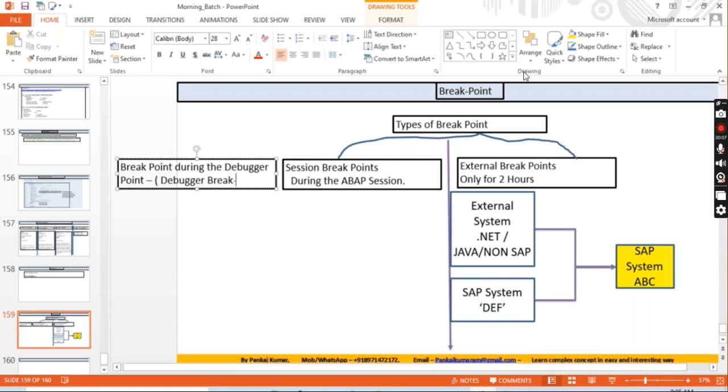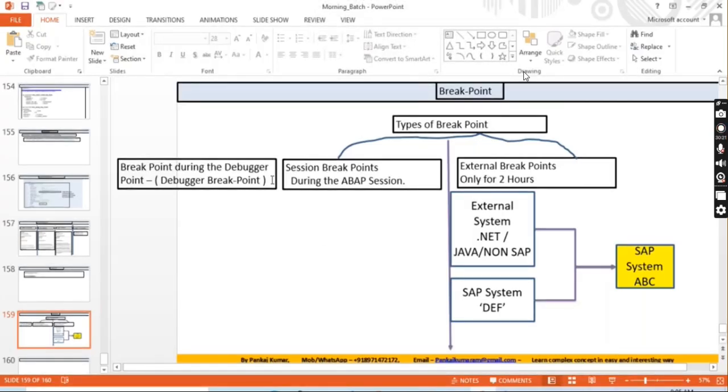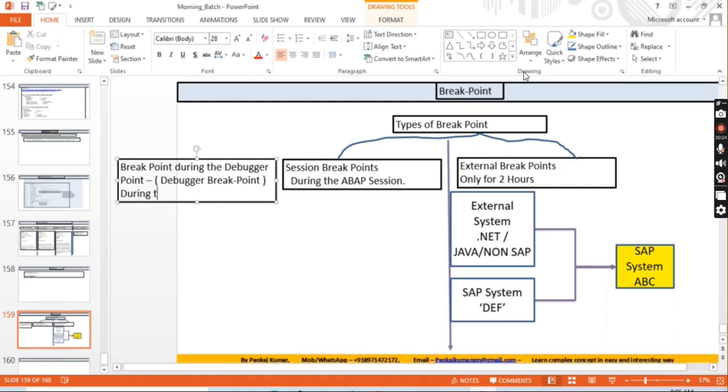I will correct it if something regarding the name is incorrect, or you can also check yourself, please. During the debugger session only it will be there. As soon as you come out from the debugger, it will be gone.